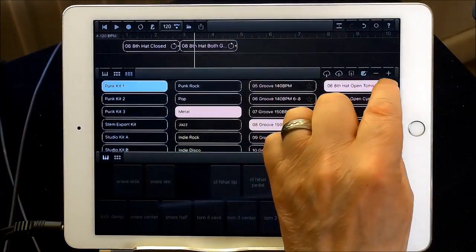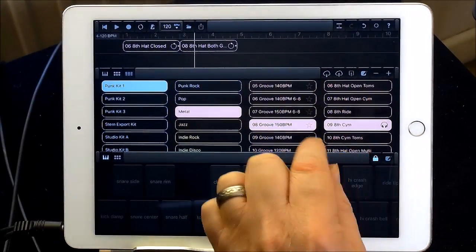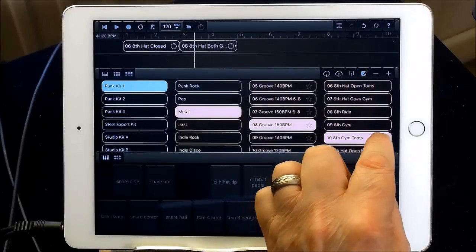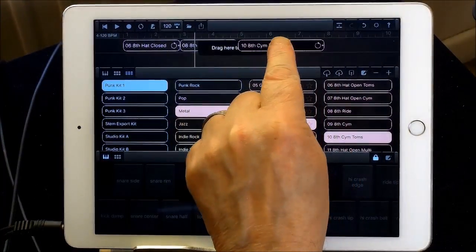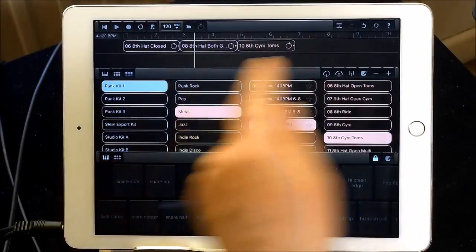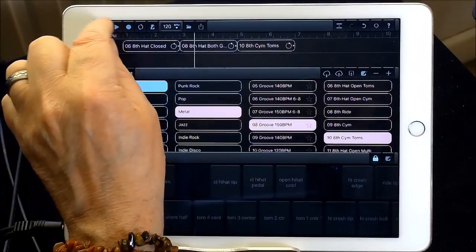And now it gives us a much better idea of how our new piece, our new pattern, is going to fit in with our existing one. So for instance,